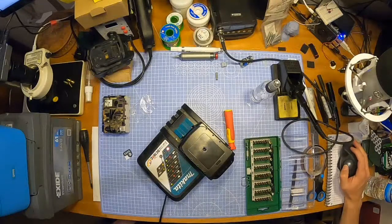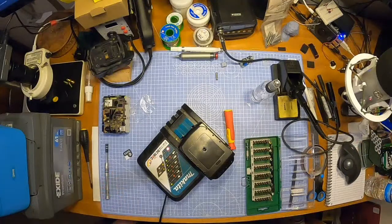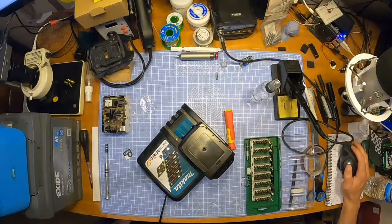So what is a 5 amp hour, about 60 quid, is it? Something, Makita. I'm just searching this on my other screen. I haven't got it set up to show you, unfortunately, sorry. 5 amp hour, Makita, 18 volts. This says a genuine 18 volt BL1850 Makita battery,